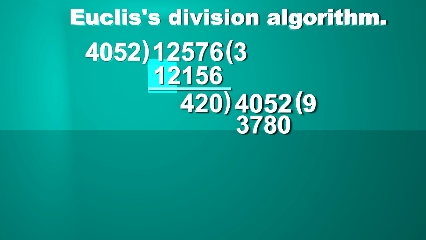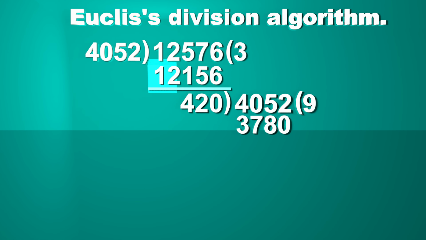We will divide 420 by 315, which is divisible by 315 one time, leaving remainder 105. Now 315 will be divided by 105 three times, leaving no remainder. So we got the HCF, which is 105. Now we will take the next number and divide it by the HCF, and this time we will find another HCF, and that HCF will be the HCF of all the given 3 numbers. So 105 divides 630 six times, leaving remainder 0. So the HCF of these two numbers is 105, and hence it is the HCF of all three numbers.